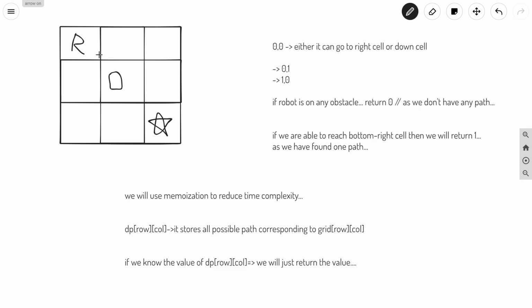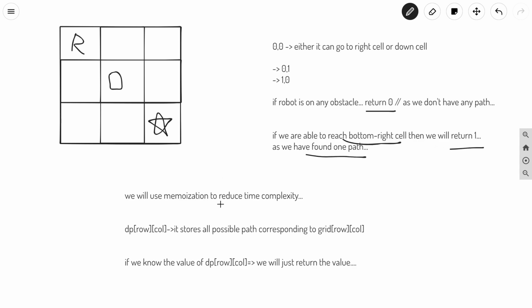If the robot is at 0 comma 0, it can go to 0 comma 1 and 1 comma 0. If it is going on any obstacle, we just return 0, because we are not willing to go on an obstacle. And if it is able to reach the bottom right cell, we return 1, because we have found one path.